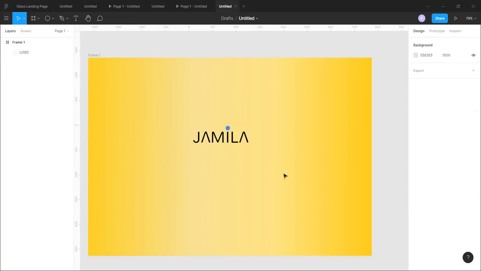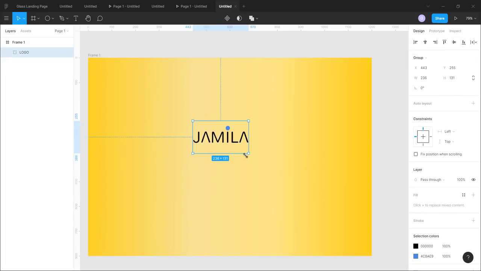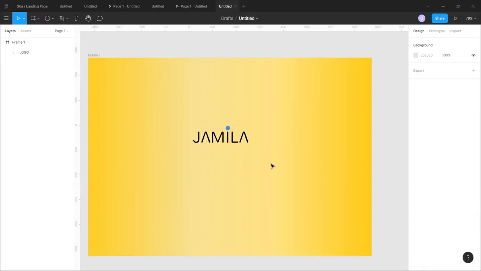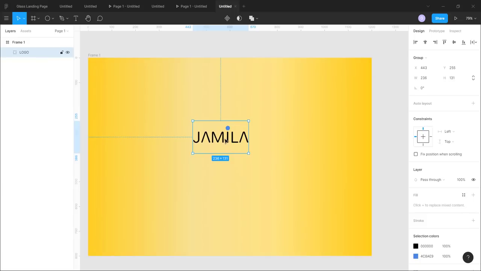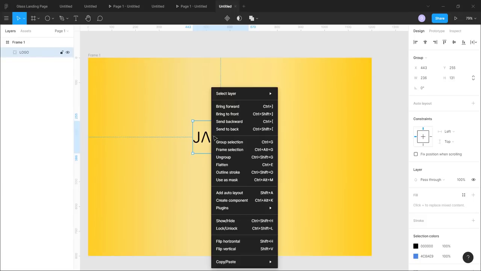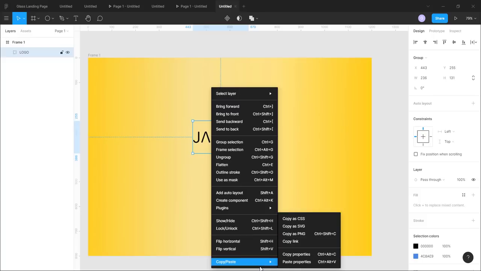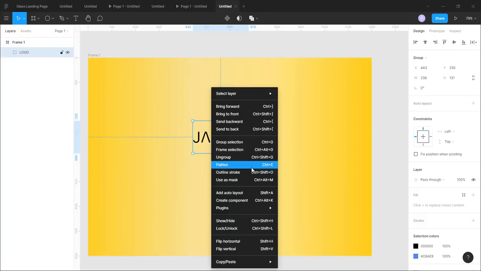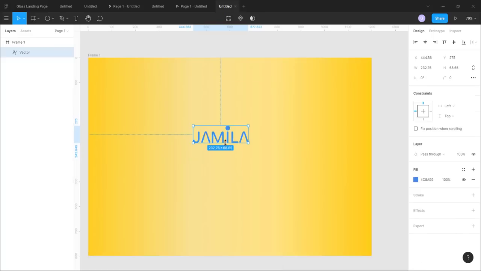But before then, let me reduce the size. I'm holding down the shift key. Oh, what can I do? I can turn this into, what is it called? How do we do that? I'm doing this right from the back, like copy. Flatten, turning it into a vector item. With that I can reduce the size, but